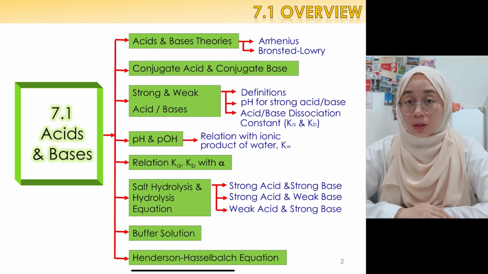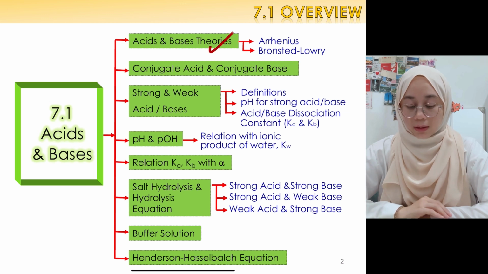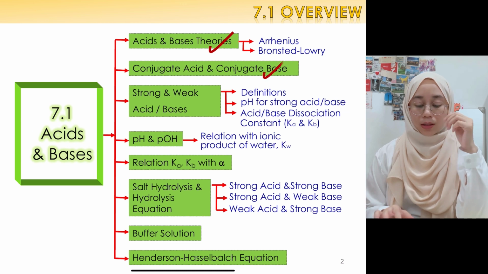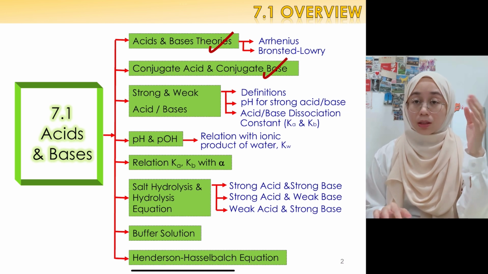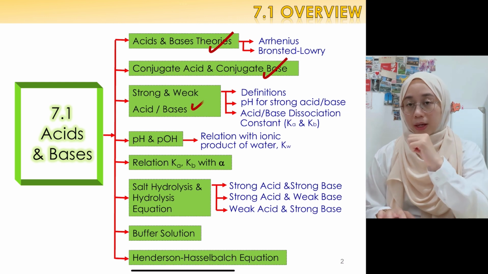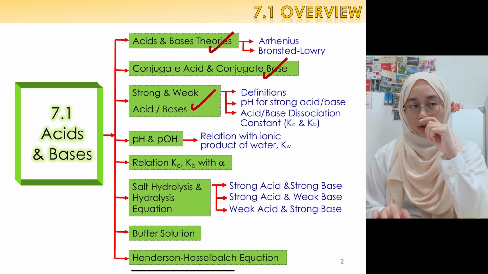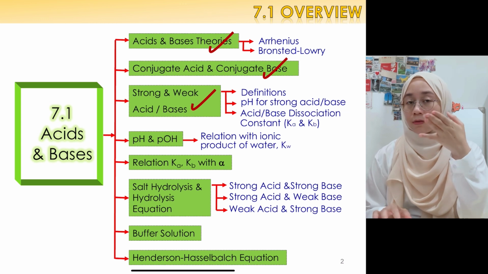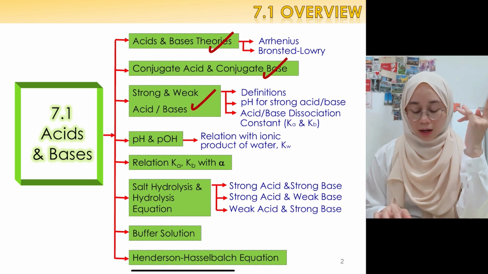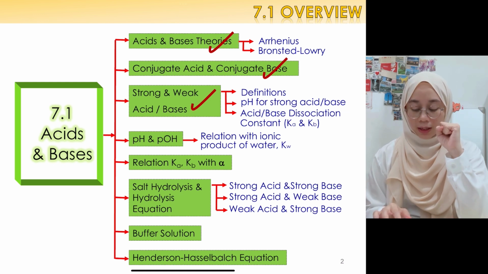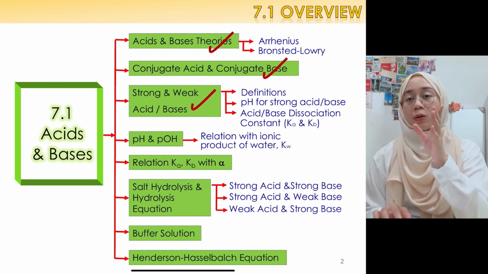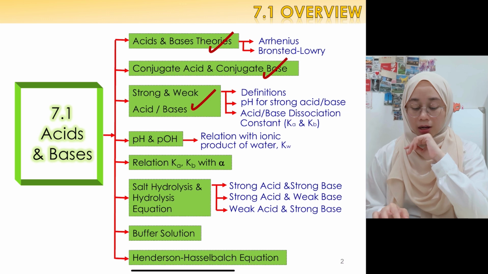So supposedly by now we have covered the acid and bases theories based on Arrhenius and Bronsted-Lowry, and then kita dah tengok juga what is conjugate acid, conjugate base based on the Bronsted-Lowry theory, and then we also have a look at the definition of strong and weak acid and bases, and then we also learn how to calculate the pH for the strong acid and strong bases only, right? And then kita dah tengok juga relationship antara ionic product of water, which is Kw, kepada pH and also pOH. Okay,